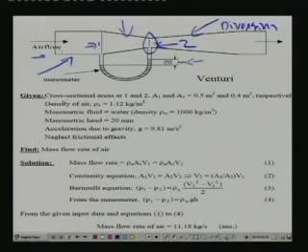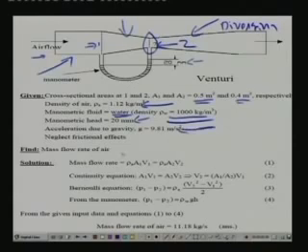It is given here that the cross sectional areas A1 and A2 are 0.5 meter square and 0.4 meter square. That means area at point 1 is 0.5 meter square and area at point 2 is 0.4 meter square, and the density of air is 1.12 kg per meter cube, and manometric fluid used here is water, and it has a density of 1000 kg per meter cube, and the measurements show that the manometric head is 20 mm, and it is also given that acceleration due to gravity is 9.81 meter per second square,